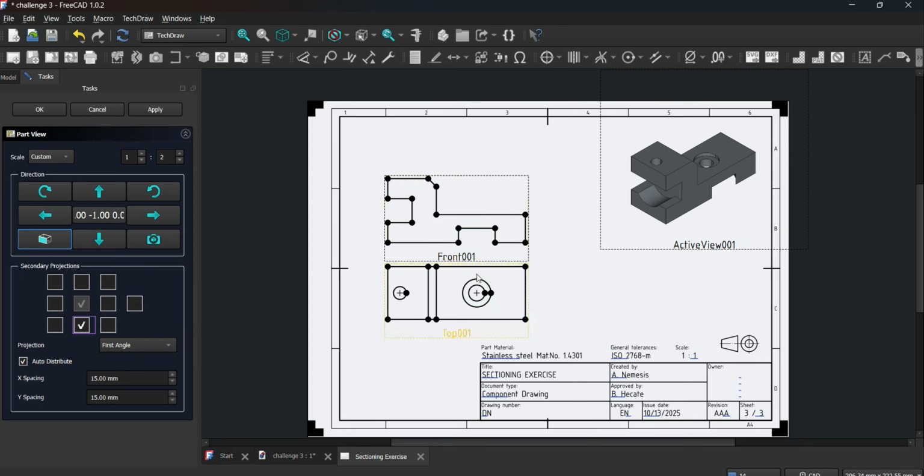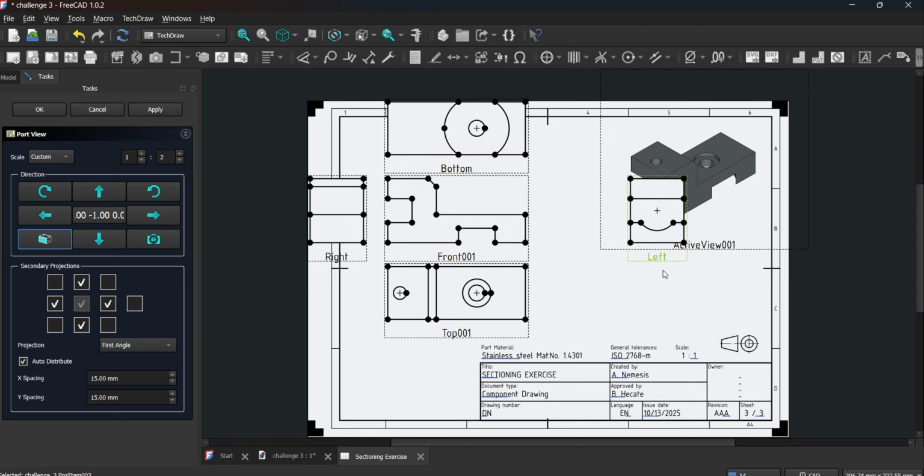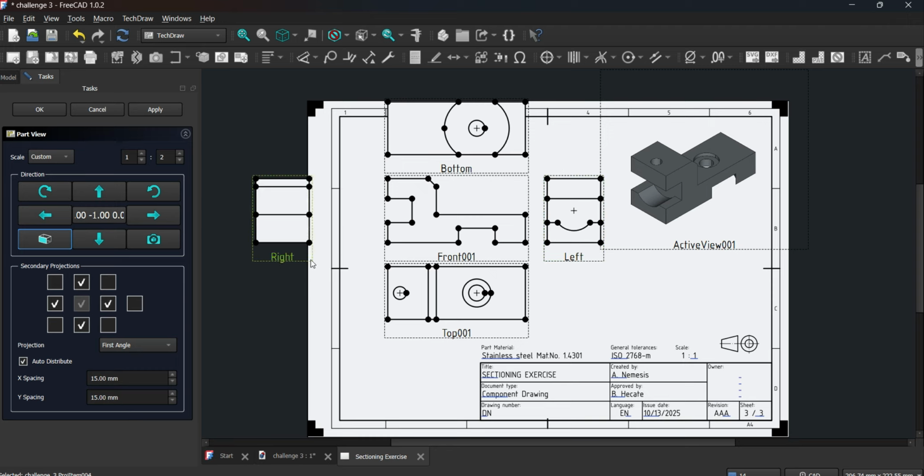We only need these views, but for experiment purposes, if you want all the orthographic views, you can also click this one. Not that one, because that is front, bottom, left. Let's have this, the bottom. You can also click left and then right. You can move this from here to here, but you cannot move it up and down because it is anchored, connected, linked, locked to the front view.